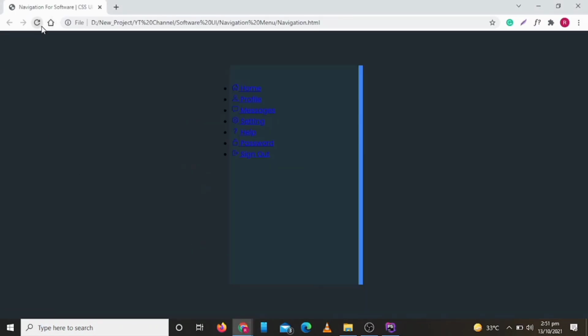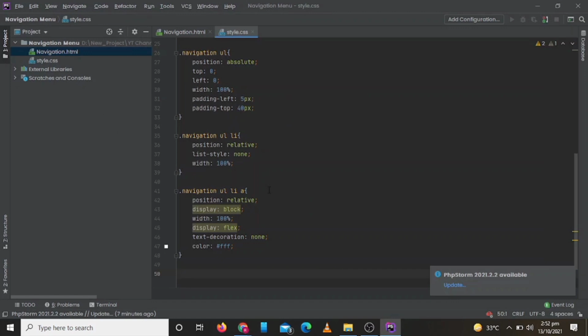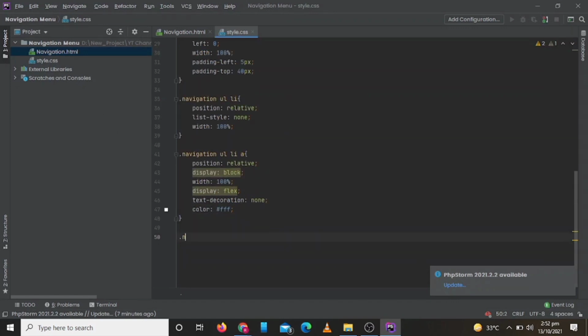So now let's check how it is looking. It is looking good. So let's add some more CSS to make our spacing and positions correct.